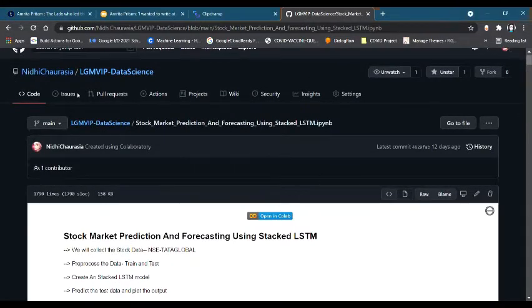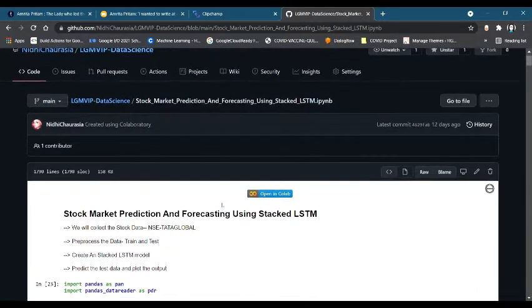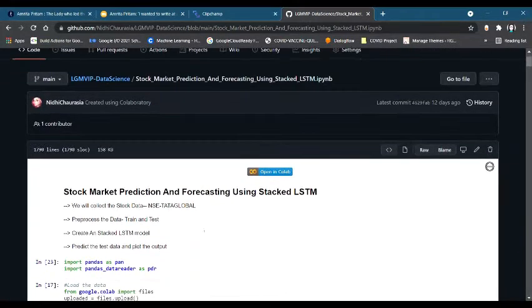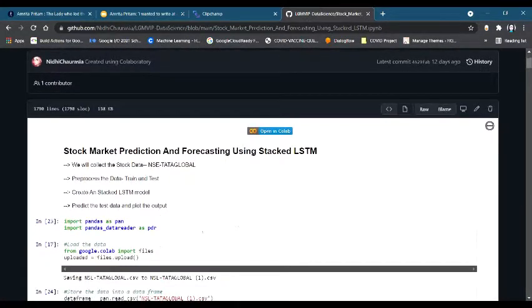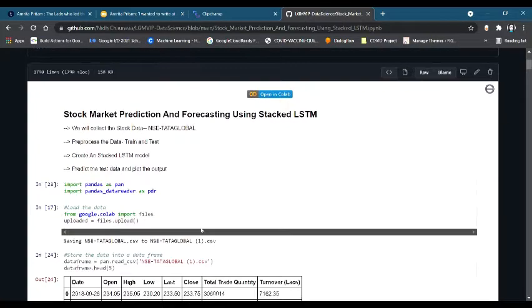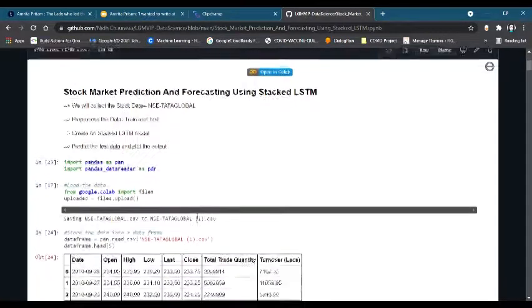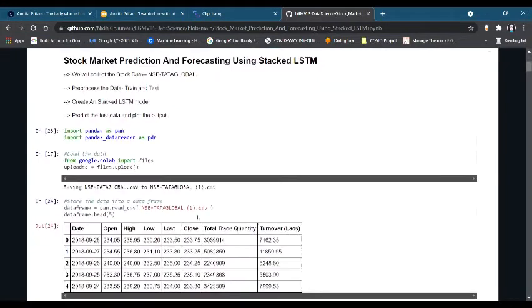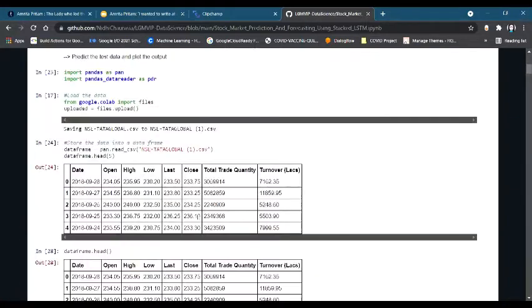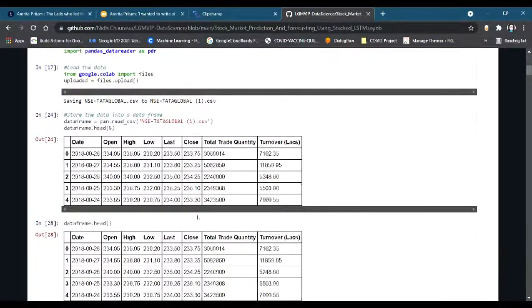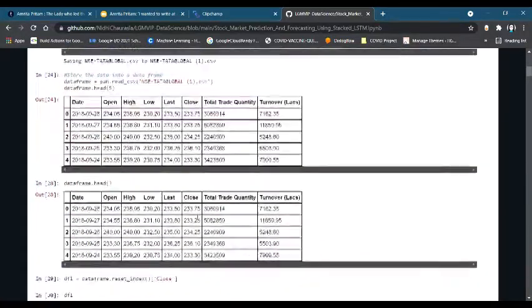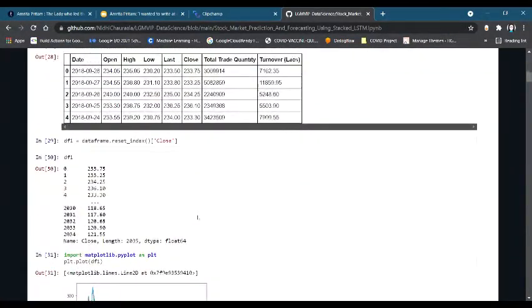Here comes another project, that is stock market prediction and forecasting using stacked LSTM. In this we collect the stock data, NSE data global, pre-process the data, create a stacked LSTM model, predict the test data and plot the output. For that we import the pandas library, pandas data reader, load the data from drive or from the device itself, store the data into a data frame, print the data frame,